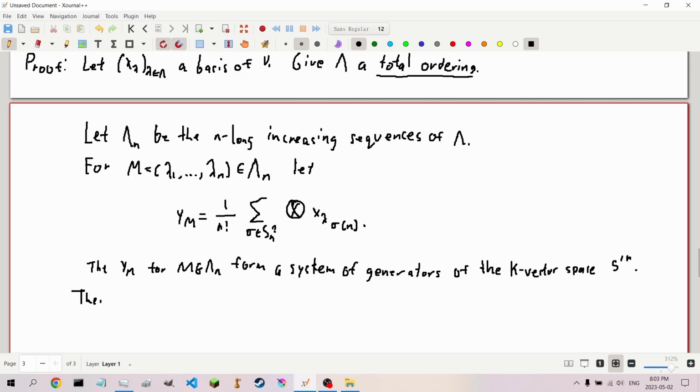Their canonical images in Sn form a basis of Sn,